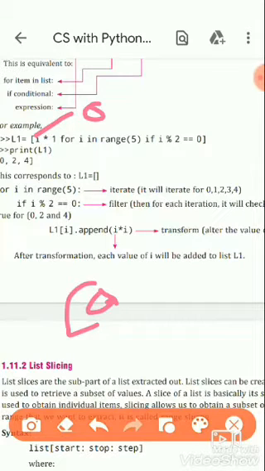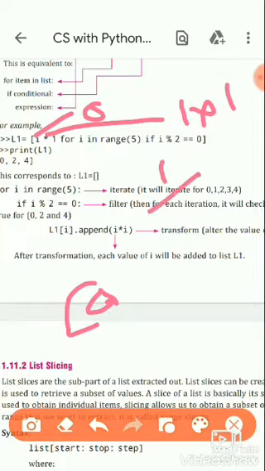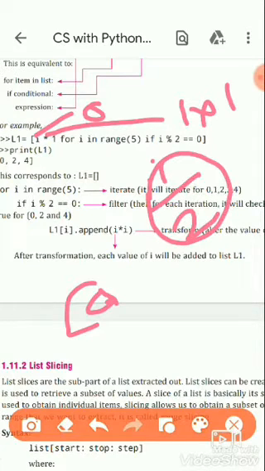The second time, the value of i is 1, so 1 multiplied by 1 gives 1, but when we divide 1 by 2 we do not get remainder 0, so 1 is not added as an element of this list. After that, the value of i is 2, and 2 multiplied by 1 gives 2, and when we divide 2 by 2 we get remainder 0, so the value 2 is stored as the second element.